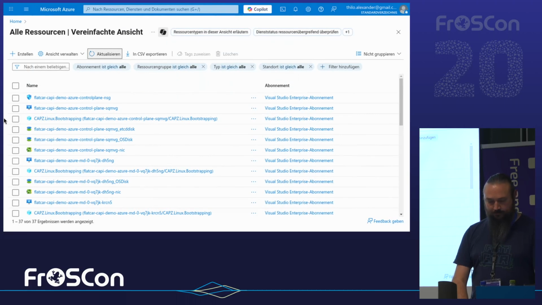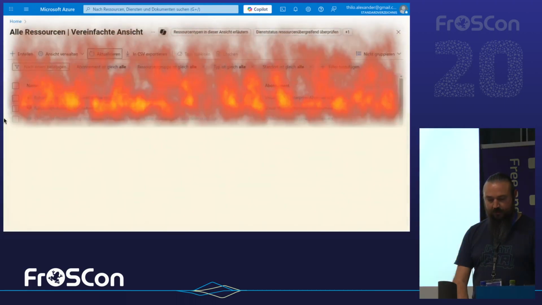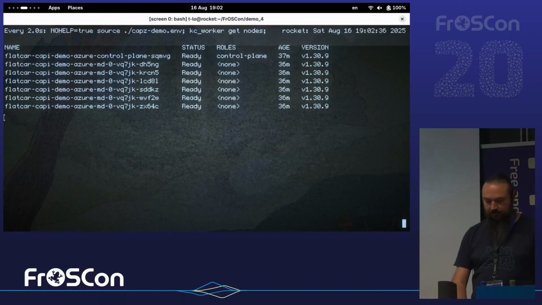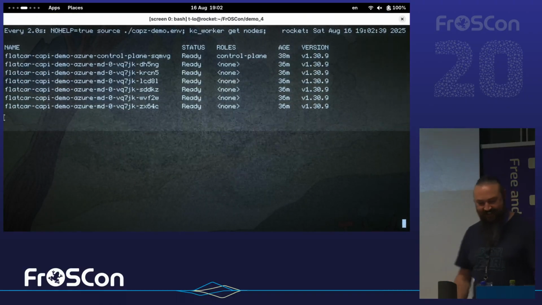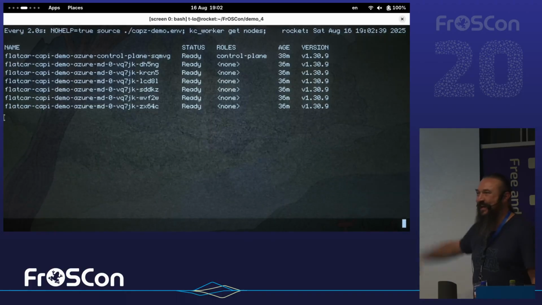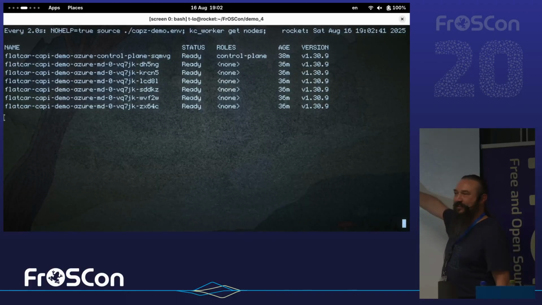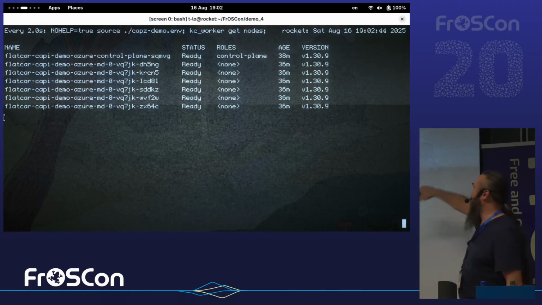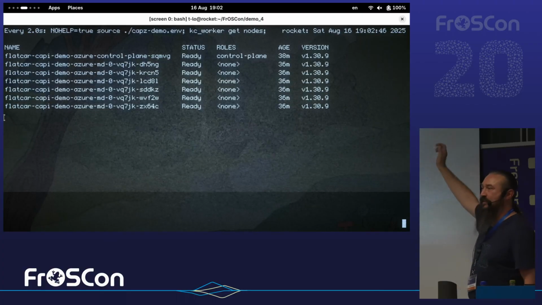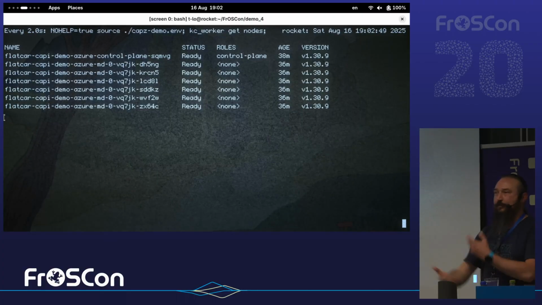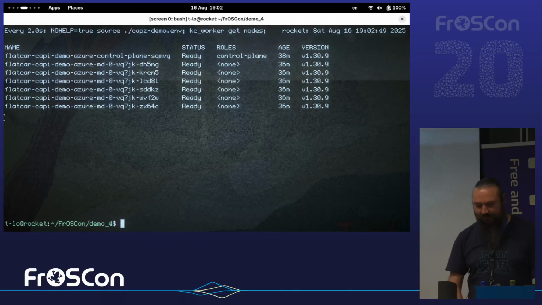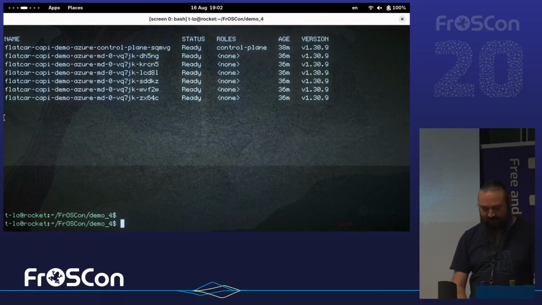I'm gonna go and tear down my Azure cluster here. I'm still blown away. Usually, when I arrive at this screen, I have one or two of these upgraded because it's a pretty slow process, but it just went there in no time. All right,